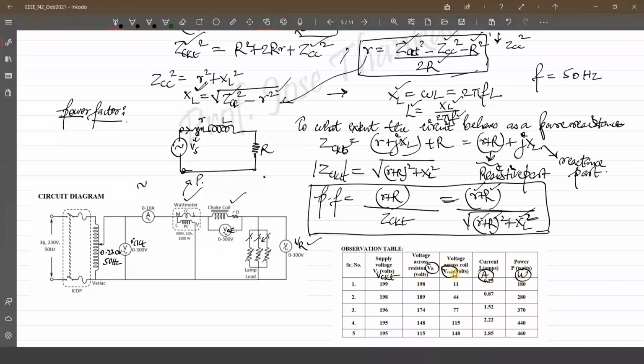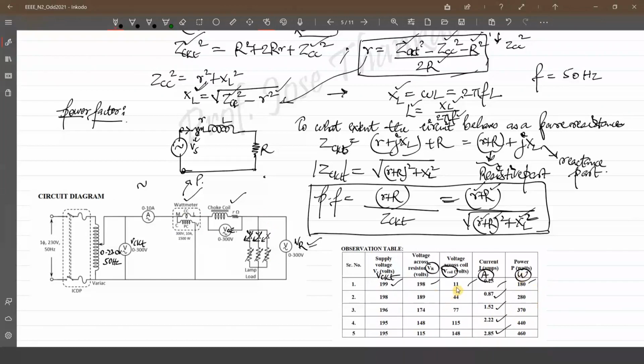All these are measured for different values of load. First we'll turn on this switch, so one lamp will be turned on and some current will flow. For that, we are measuring the voltage across this choke coil, the current flowing through the ammeter, and the total power consumed by this circuit in the wattmeter reading. We are measuring all these one by one. Similarly, next we'll turn on this switch and this lamp is also connected. More current will flow, this current plus this current. You can see current has increased. So we turn on lamps one by one and measure all these meter readings.